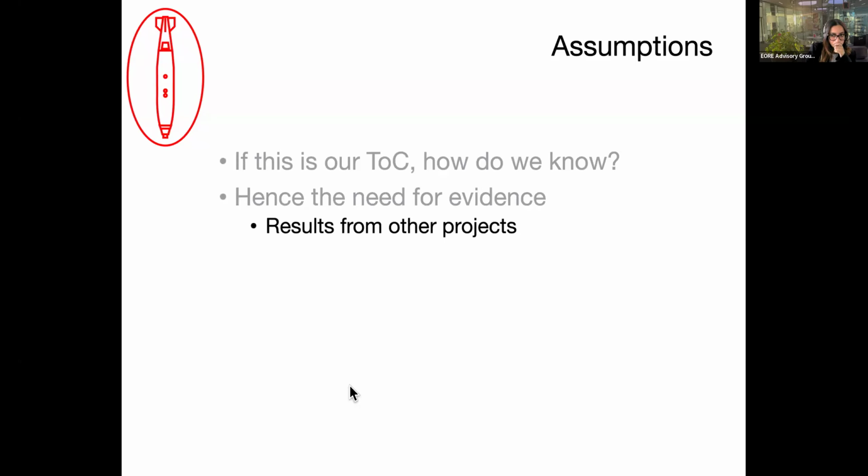Now we can get results from other projects. I did it in this country, I did it in this province, or I did it with this project. So therefore I can assume that it's going to work this time. We can also say pilot. We can run a pilot project. Will it work with the pilot? Therefore, I assume that it's going to work on a larger program.